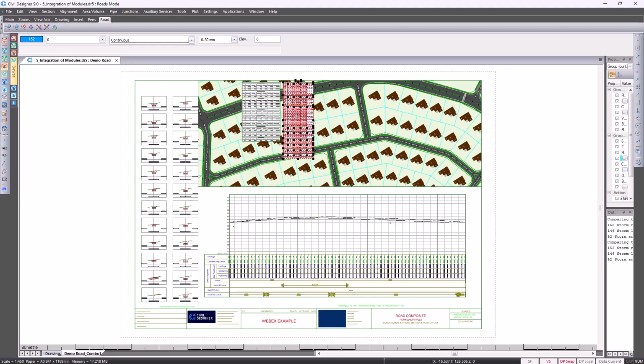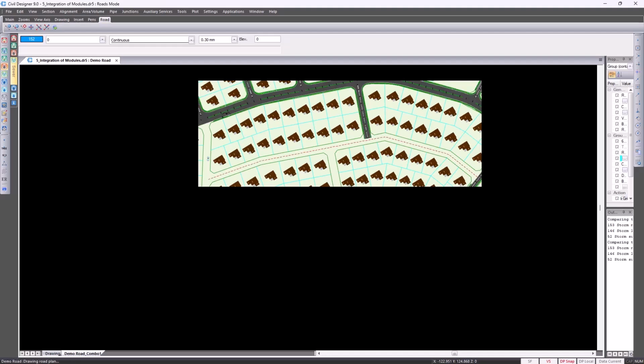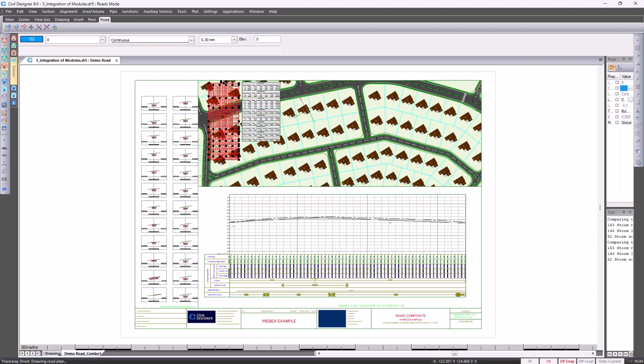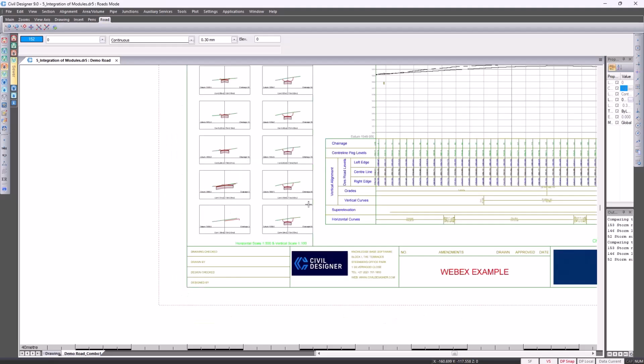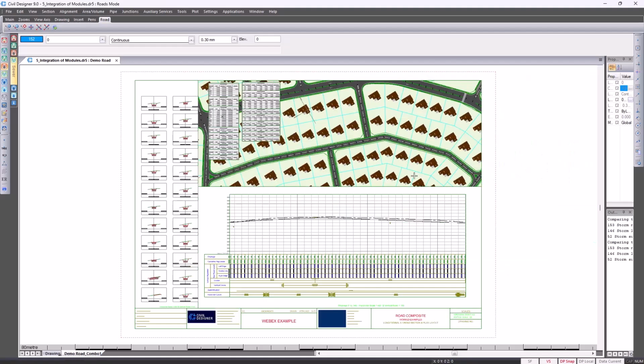On the top, we've got the plan view, and it's very easy to move these lists. No need to create viewports or mask the background. On the left-hand side, we've got the cut and fill areas. And then looking at the long section, you can go and customize how you'd like this all displayed with your company's title block. These layouts will dynamically update as you make changes to your plot. Reverting back to our design,